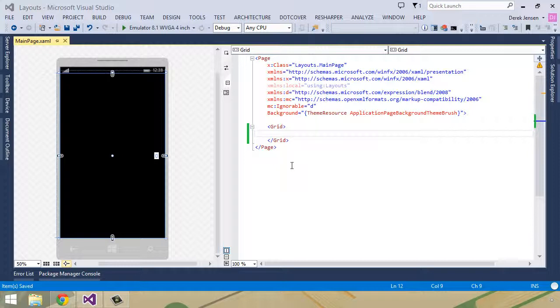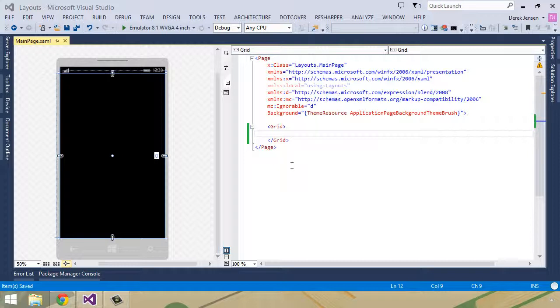A layout is just a mechanism or a series of controls that are available for you to really make your user interface flow nicely. So yes, we could absolutely just randomly start adding buttons and text boxes and text blocks and sliders and things of that nature to our UI, but there's going to be a lot of randomness to it if we don't have some semblance of structure. So in this lesson, we're going to talk about three main layout controls that you have at your disposal that are fairly popular and that really give you a lot of ability to lay out your design in a very